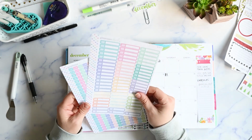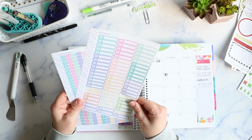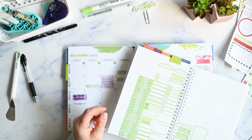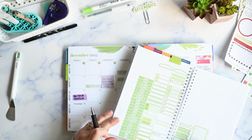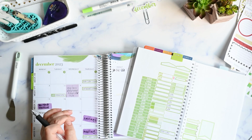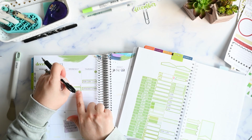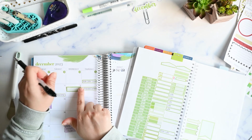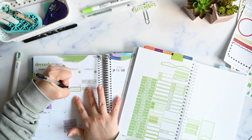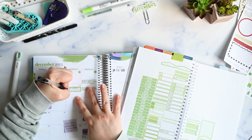And then this is a call I need to do, which I think I'm going to go ahead and use, instead of using one of these, I'm going to use one of these labels. And this is for Goal School Premium, and it's from Cultivate What Matters. It's the call for that, and I want to do it live, and so I'm gonna like use one of these bigger stickers and block out like half of this box so I make sure I don't schedule anything else. And then Goal School Call